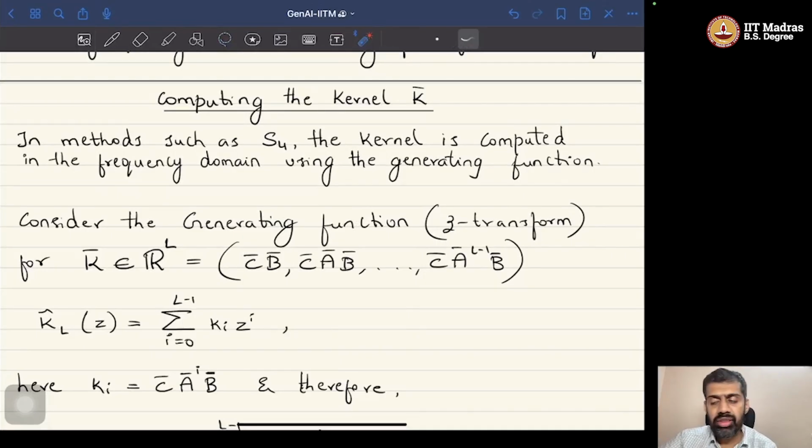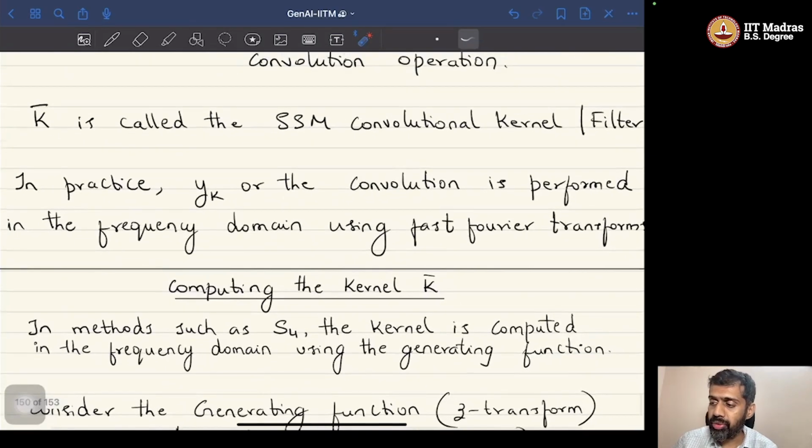In methods such as S4, which is one of the famous models from the family of state space models, the kernel is computed in the frequency domain using the generating functions. Now, why is it computed in the frequency domain? As we just saw before,